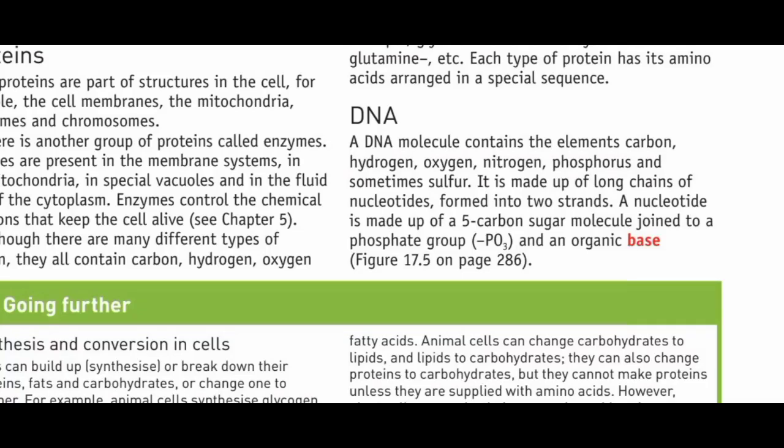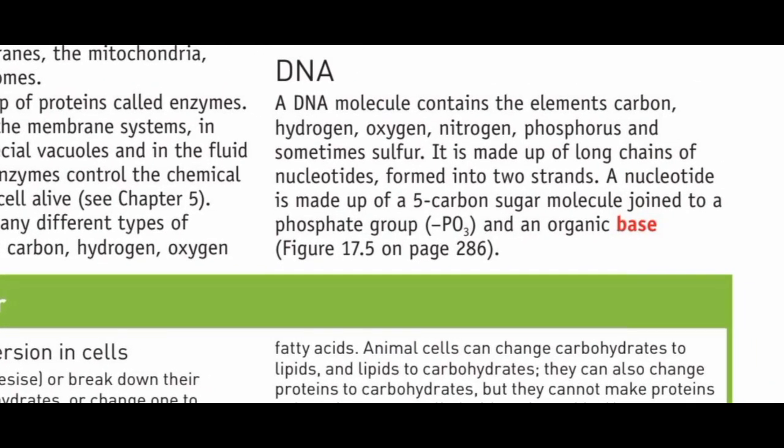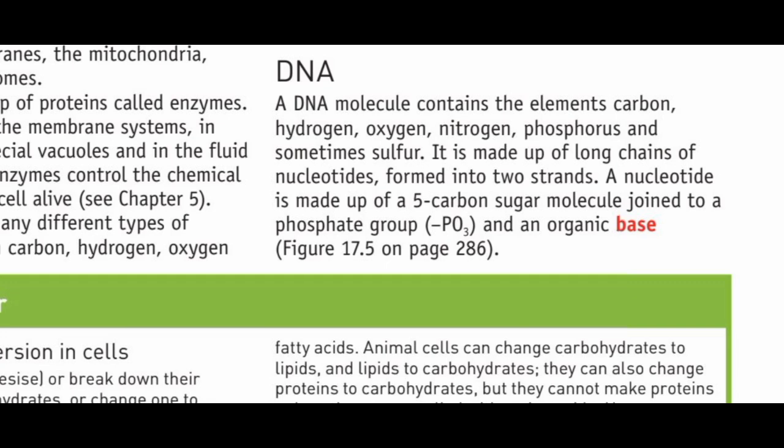In the previous lecture of this chapter, we have learned important biological molecules: carbohydrates, which mainly provide energy; lipids, which store energy and form cell membrane; proteins, which perform many important functions in cell, and also form enzymes. Today, we will study another important biological molecule called DNA. DNA is extremely important because it carries the genetic information of living organisms. In this lecture, we will learn what DNA is, the elements present in DNA, the structure of DNA, the role of DNA in cells. So let's begin.